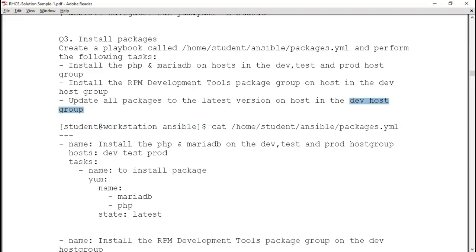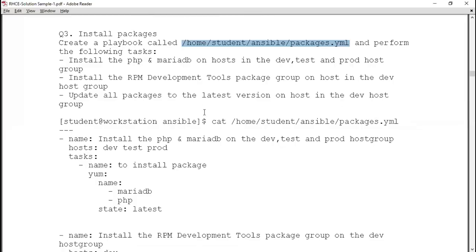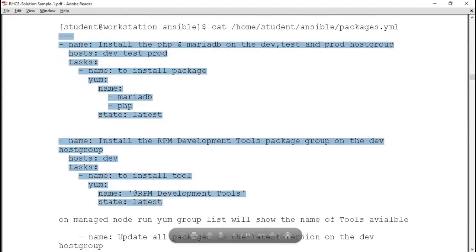Okay, so we need to install all these packages. So we need this package.yml. Let me create that package.yml. Let me copy this, then I will explain what it actually is.